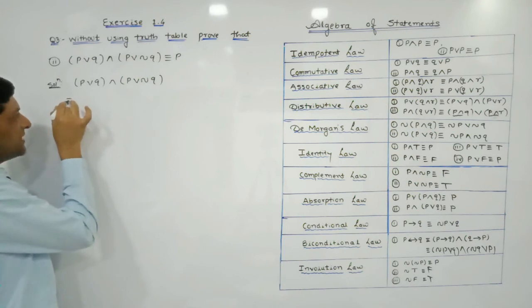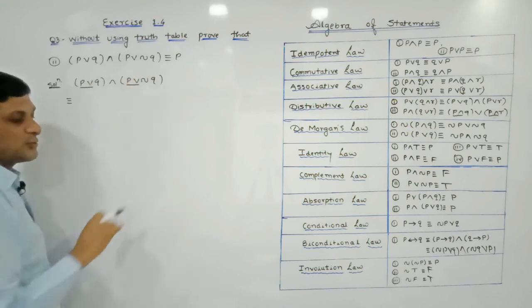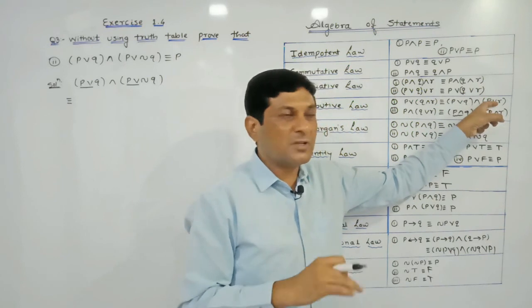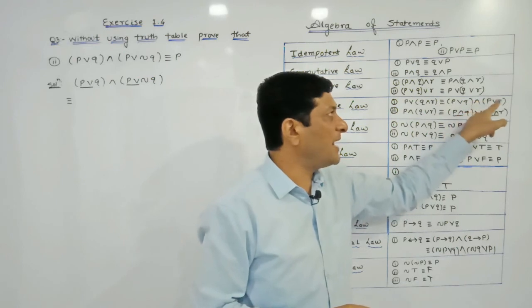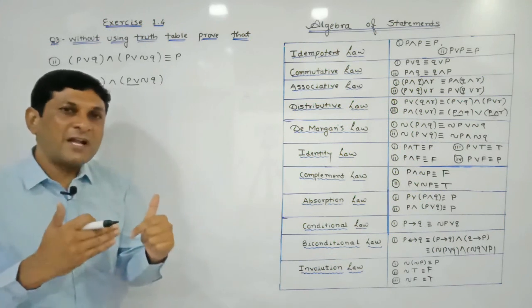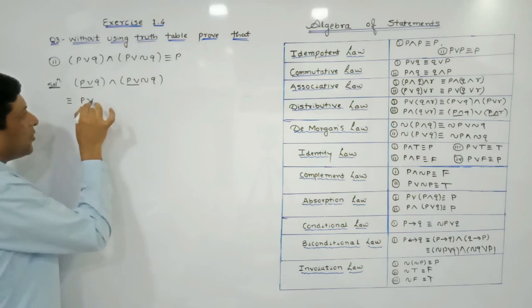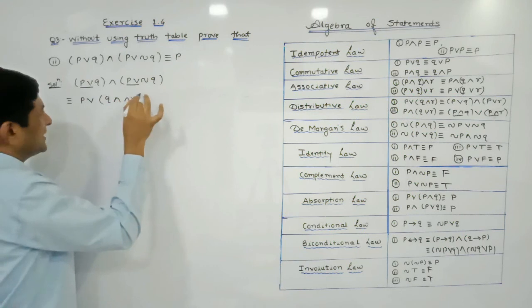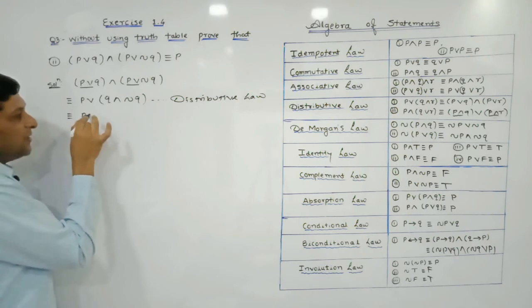If you observe the given expression very carefully, in the first bracket P or appears and in the second bracket also P or appears. Means if P or appears in both the brackets, we are able to take P or common from both the brackets, so the remaining term will be Q and negation Q. We are able to take the common applying distributive property. So if I am taking P or common from both the brackets, here the remaining terms are Q and negation Q. So this result we have got applying distributive property. Later on, keep this P or as it is.